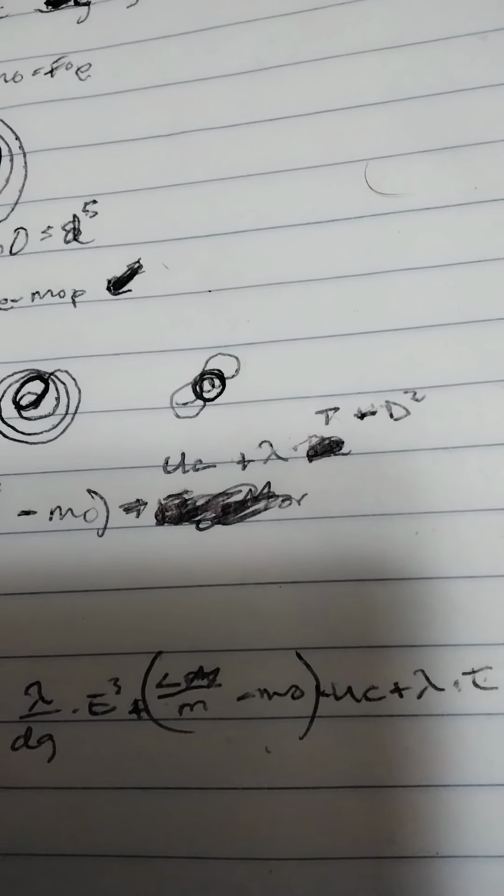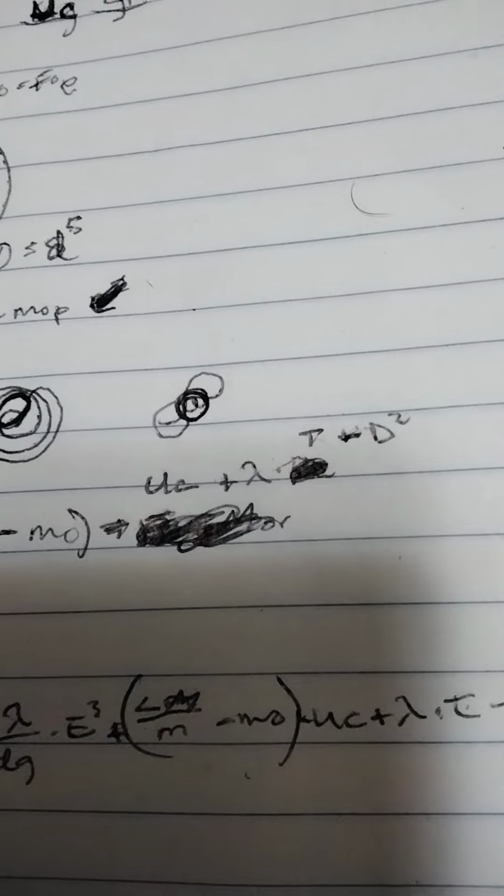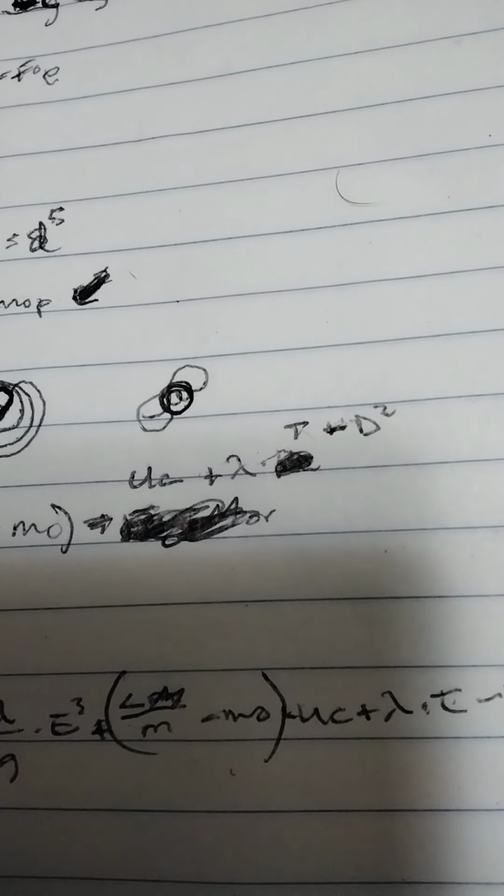So then I multiplied that by e to the third, which is c volume squared. I put that added to the angular momentum of a mass, which is